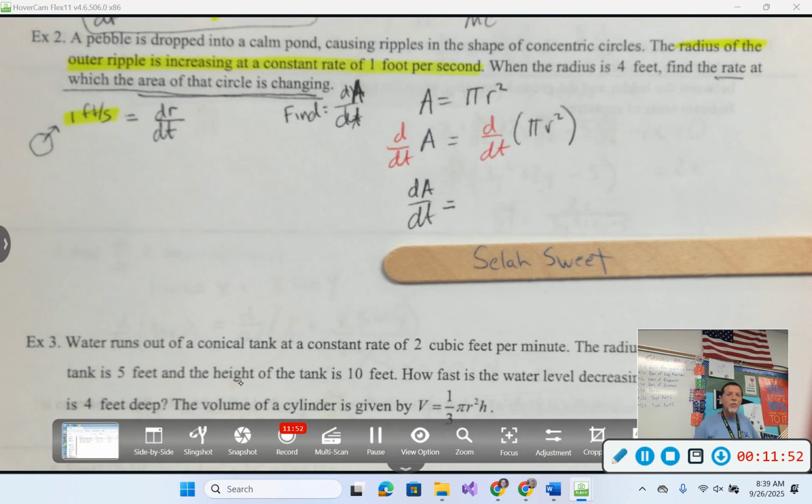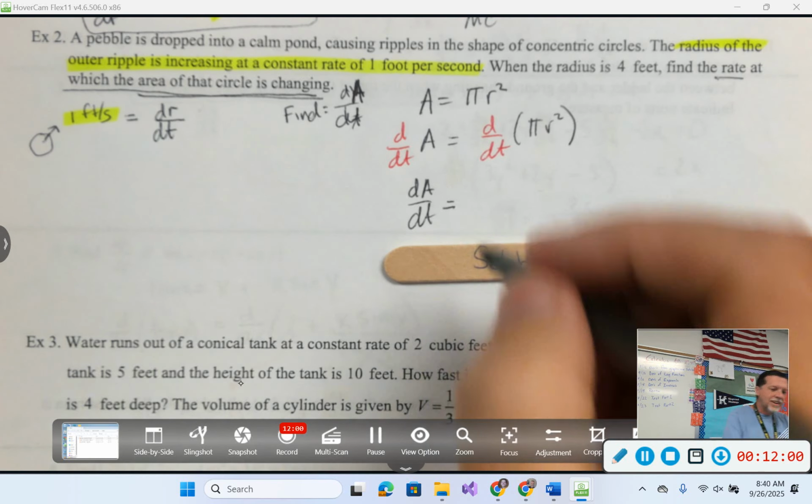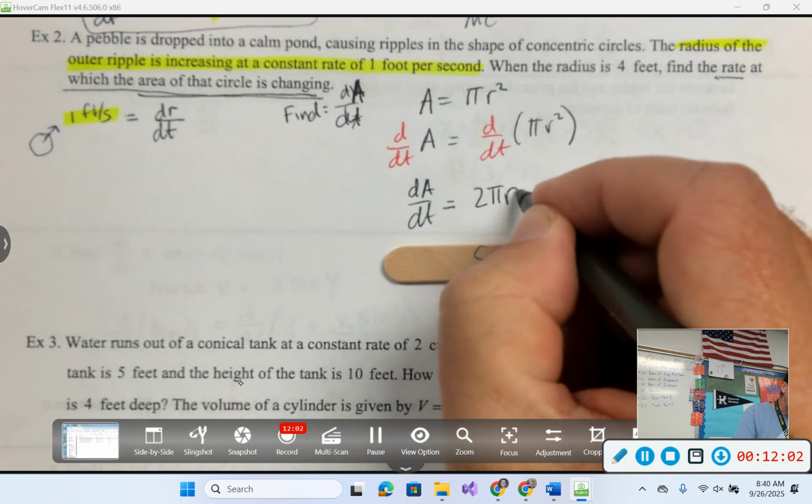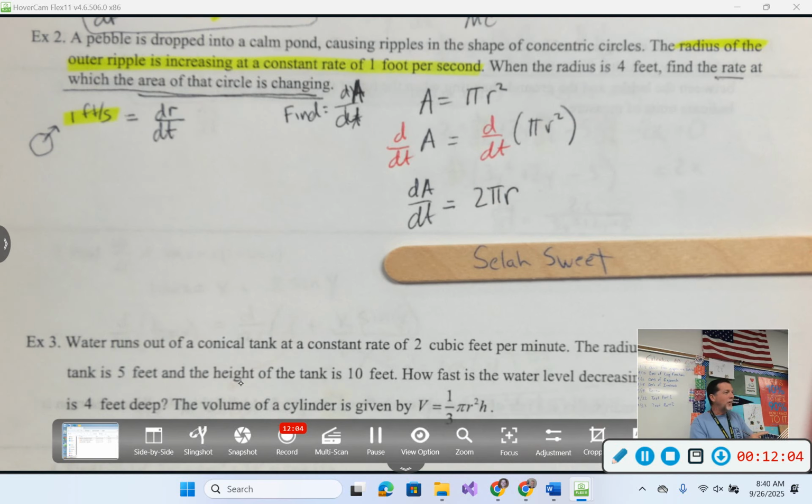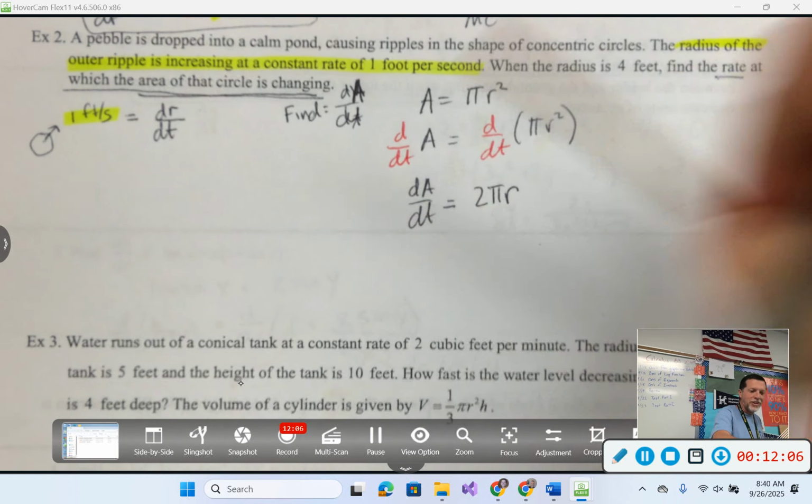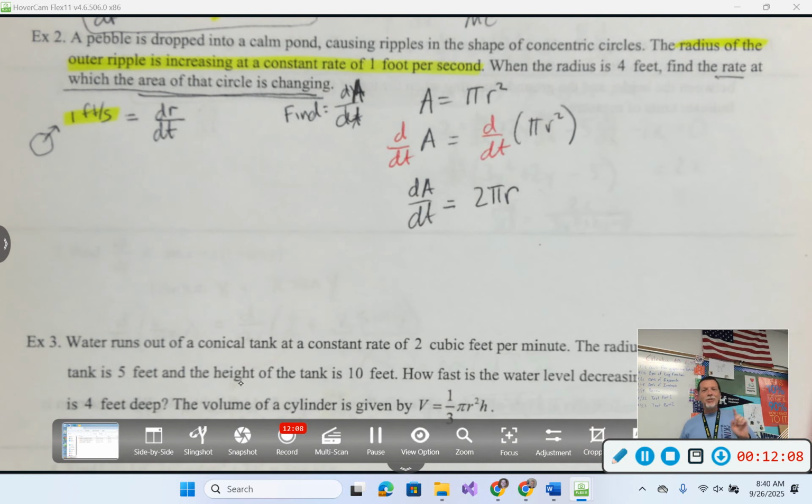All right, Selah, what's the derivative with respect to t of pi r squared? 2 pi r and then dA dt. Oh, so close. That's pretty good for the very first popsicle stick I pulled on this lesson. So 2 pi r, definitely that. And then